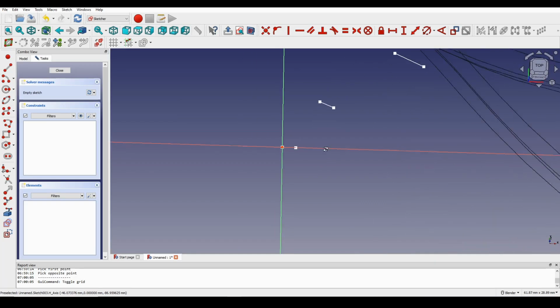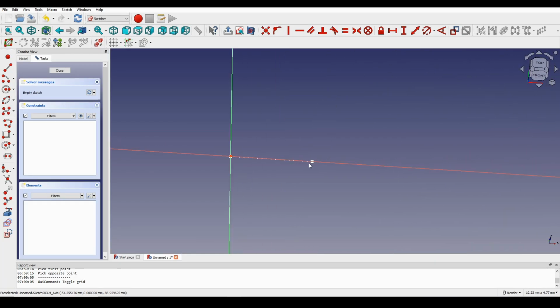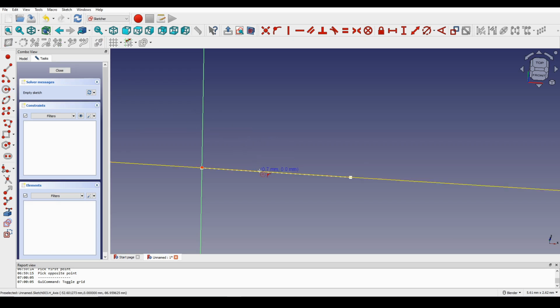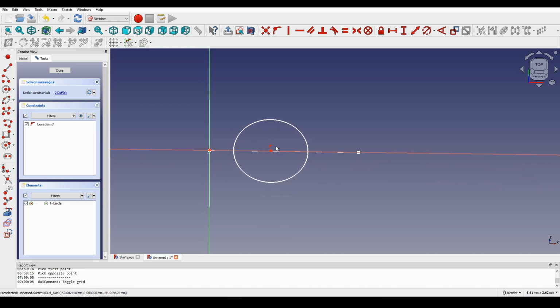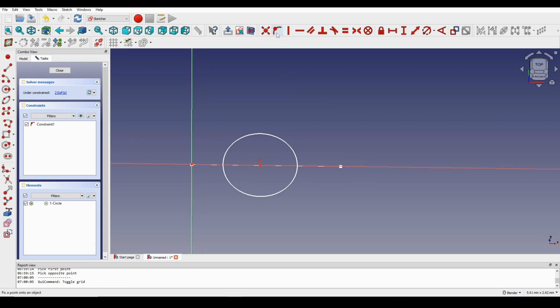So I rotate the view a little bit. You can see this is the second point we select, and this is the first point we select. So I just want to create a new circle in here, in the x-axis here. And we have a new circle, and I constrain it, the constraint point onto the object, this one, selecting the circle and this point,